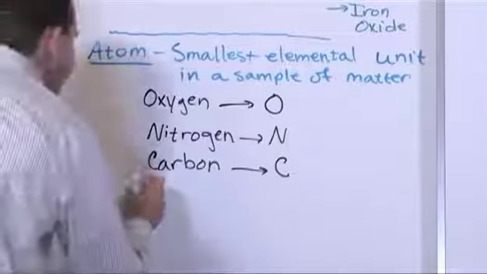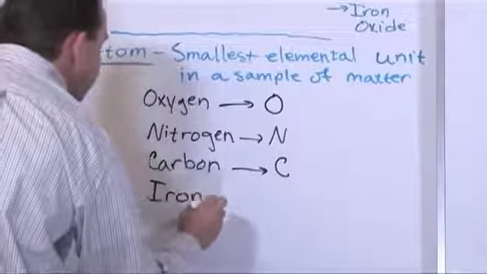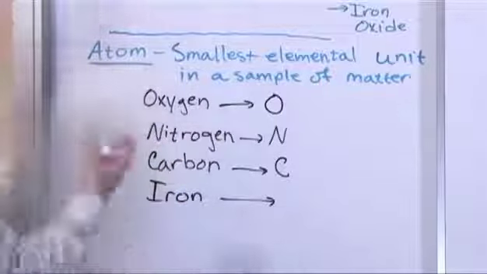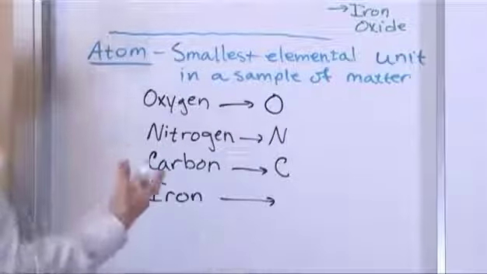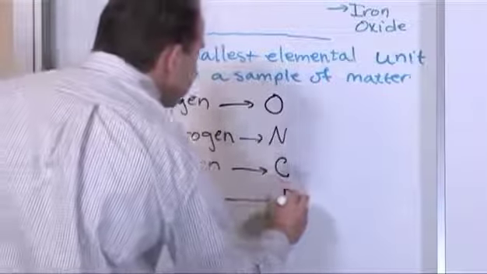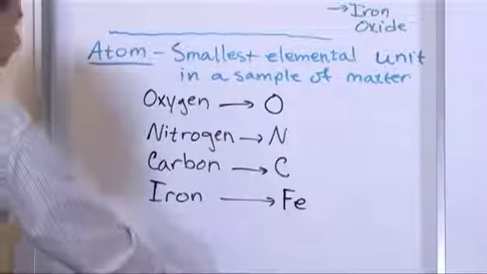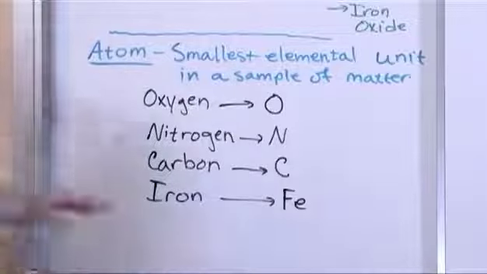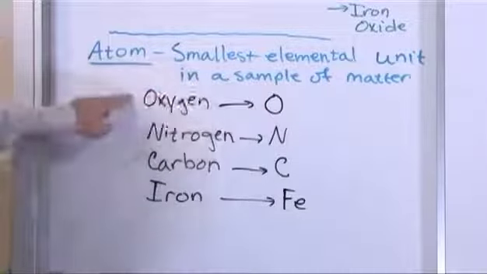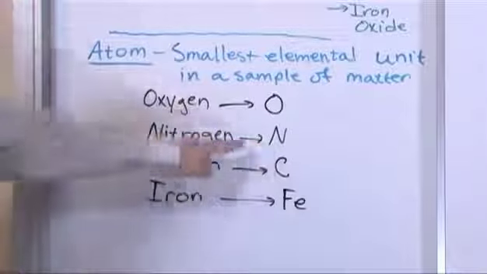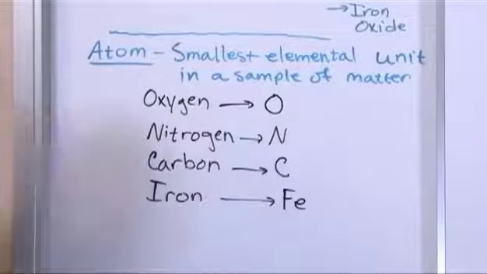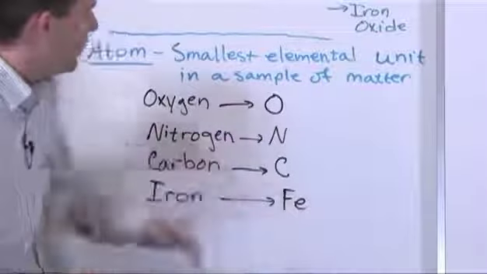What about iron? We talked a little bit about iron. What would be the chemical symbol of that? You'd think the chemical symbol for iron would be I, but it's not. It's actually, if you look on your periodic table, it's Fe. And I'm kind of bringing this up because you'll see that a lot of times. Some of these elements, the chemical symbol will be the same letter as the first letter in the name, but for some of them it's going to look totally different, and that's because you have to understand